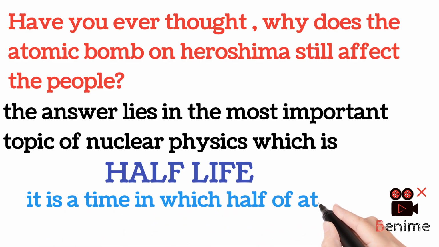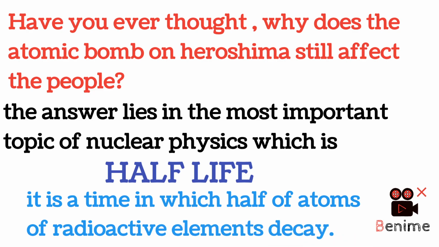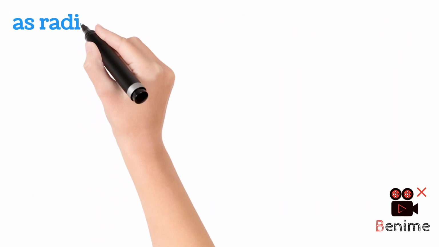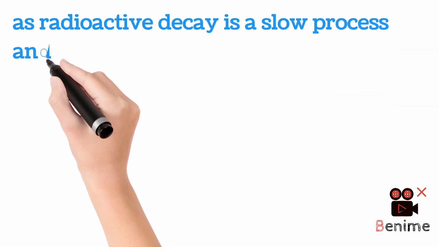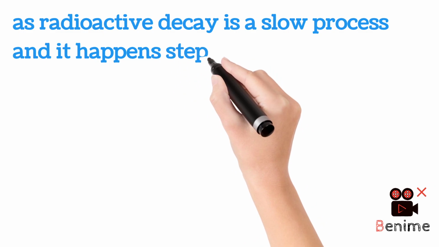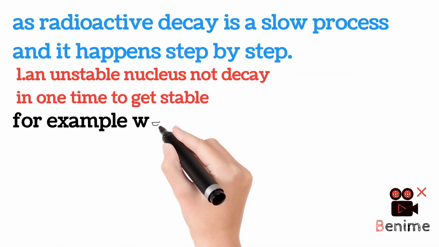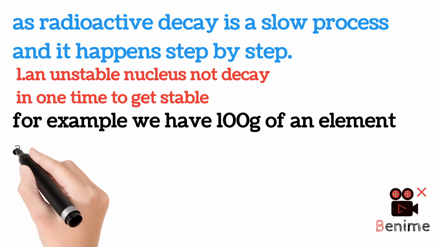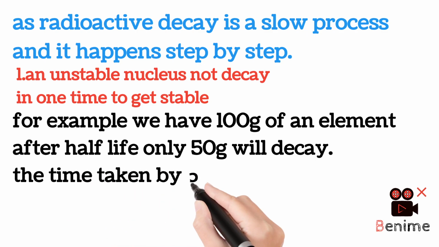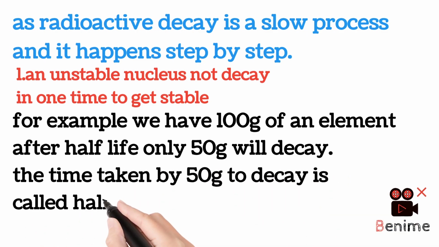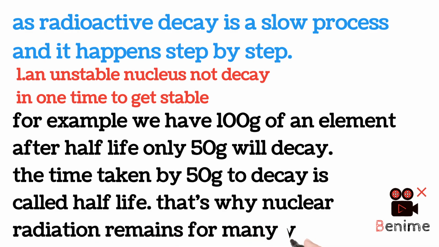Half-life is the time in which radioactive elements decay into half of their atoms. After another half-life, it decays to another half of its elements, and the process continues for years in some elements. For example, if we have 100 atoms and they decay with a half-life of 1 day, after one day they become half, meaning 50, and after another day they become 25, and it continues until they